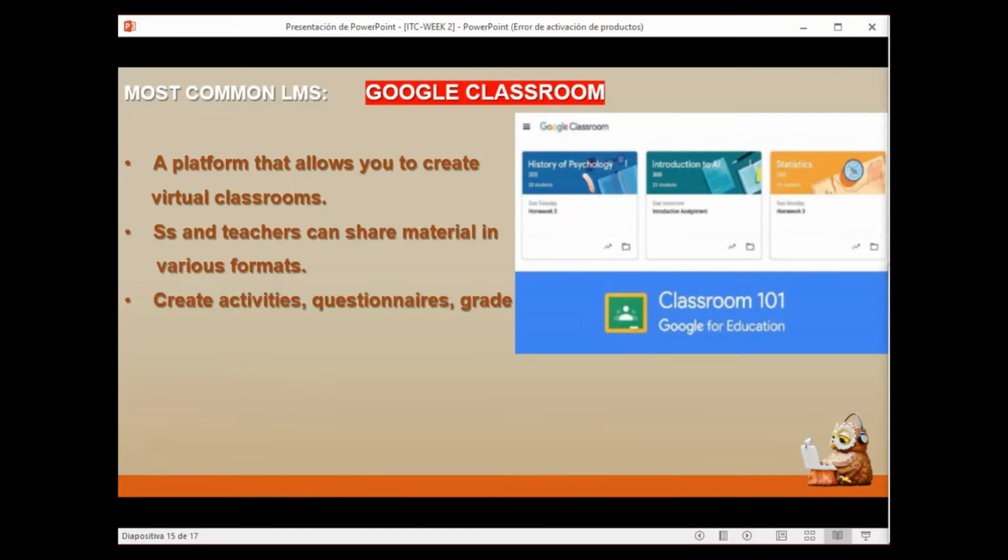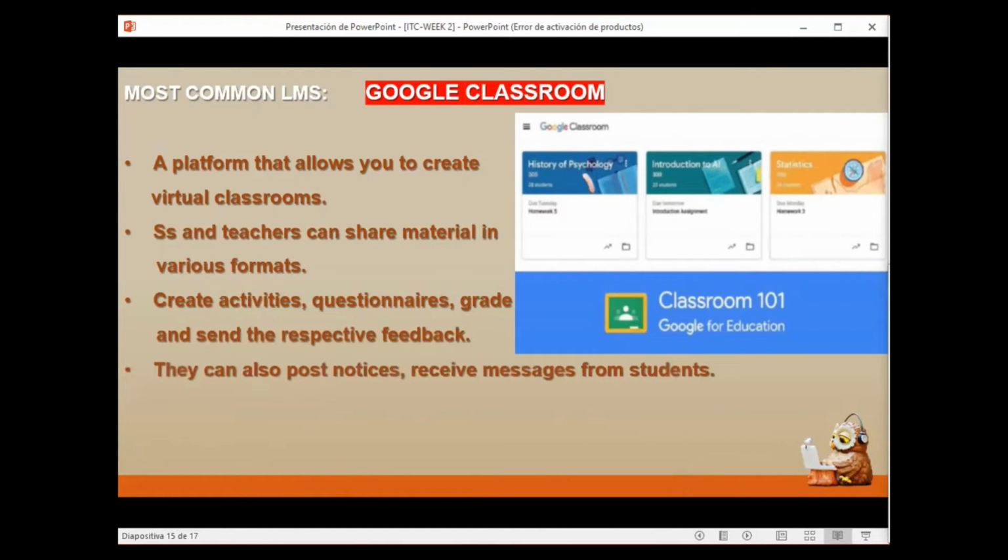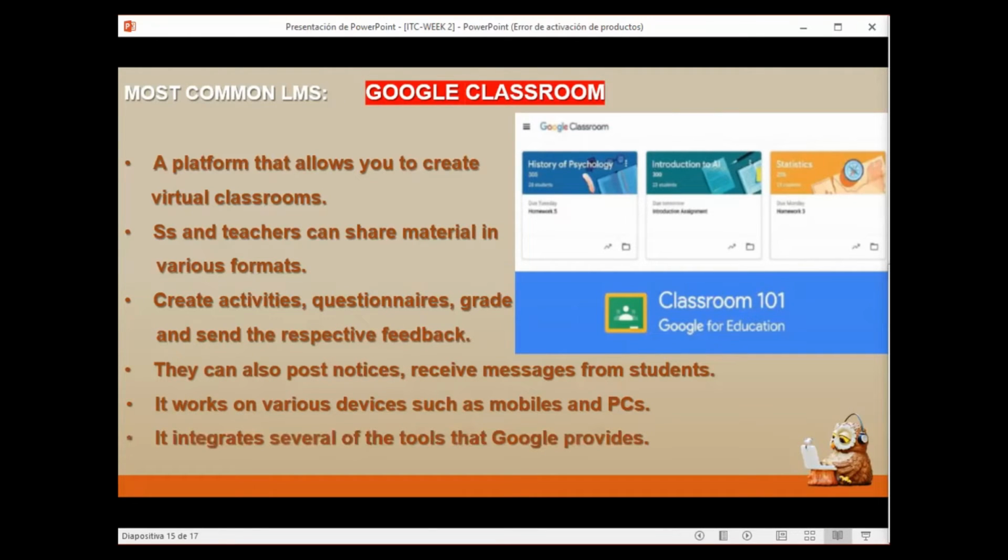Create activities, questionnaires, grade and send the respective feedback. They can also post notices, receive messages from the students. It works on various devices such as mobiles and PCs. It integrates several of the tools that Google provides. So this is very important because with Google Classroom, there is a connection with all the different apps that Google Enterprise has. Then I'm going to show you different apps, a lot of apps that you could use from Google,